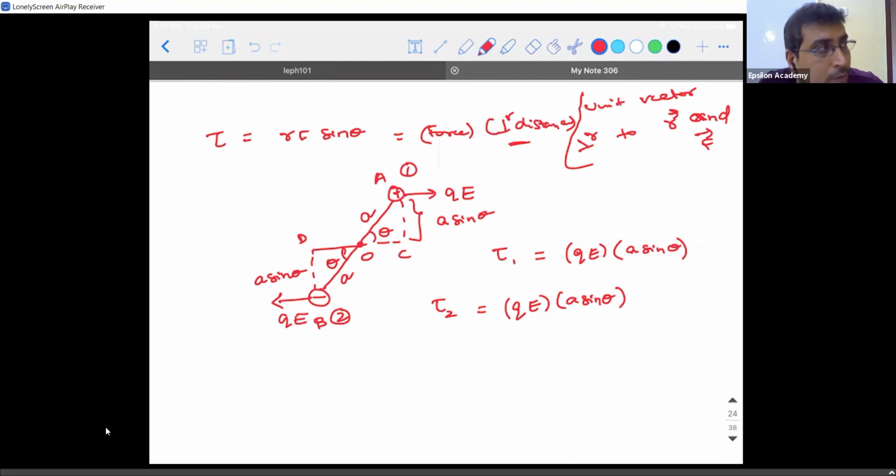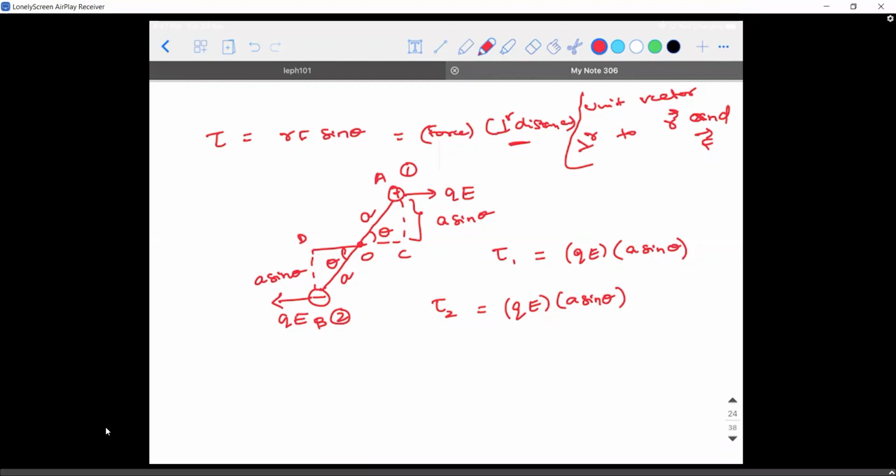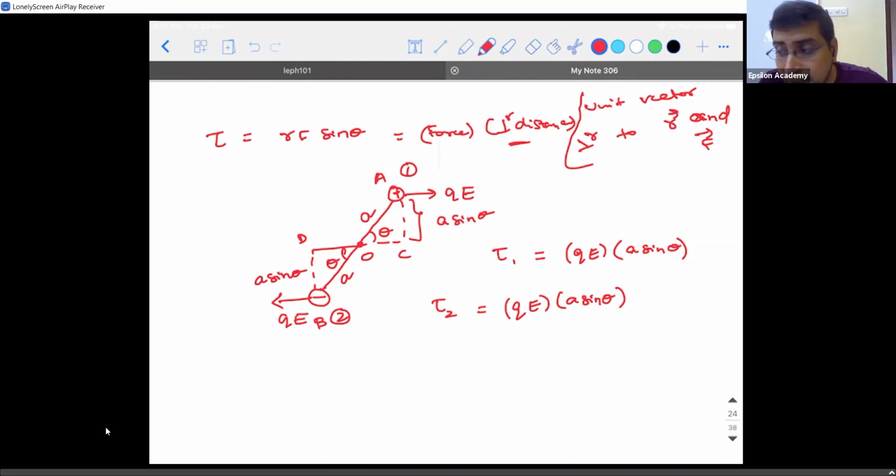This is where it's important. If both the torques are in the same direction, see, I told you an important point. I'm dealing with a vector. Torque is a vector quantity. I wrote only the magnitude and never bothered about direction. So now my work is to validate the direction. If both the torques are acting in the same direction, then I can say that the net torque is not zero.